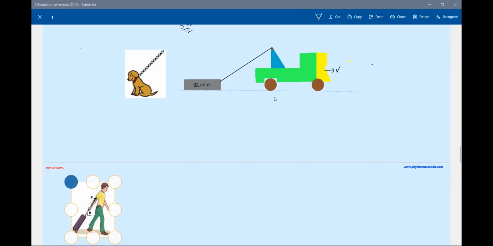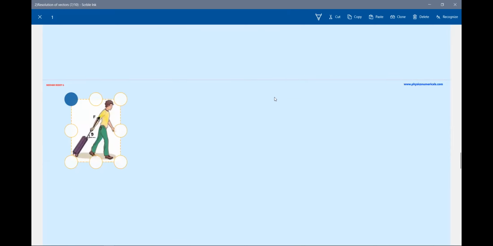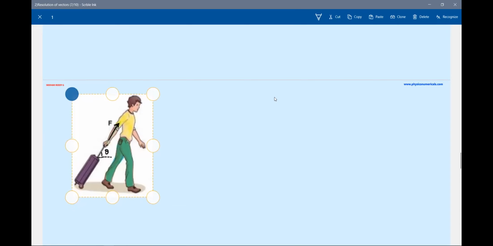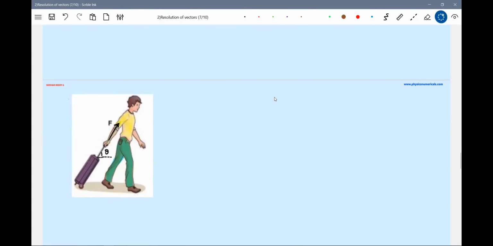This person is pulling his bag with his arm. There's a bag, no? So tell me, how much horizontal force is applied on the bag? These are the primary questions we're asking. We'll ask this: